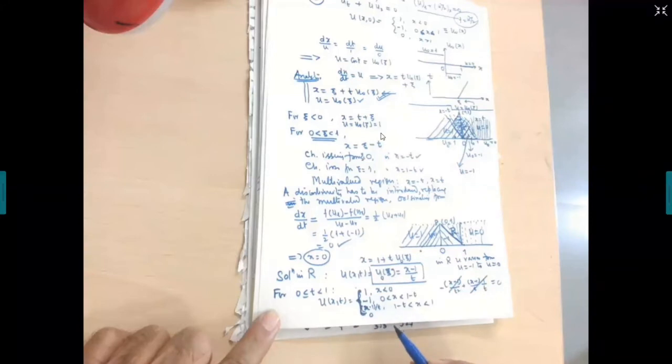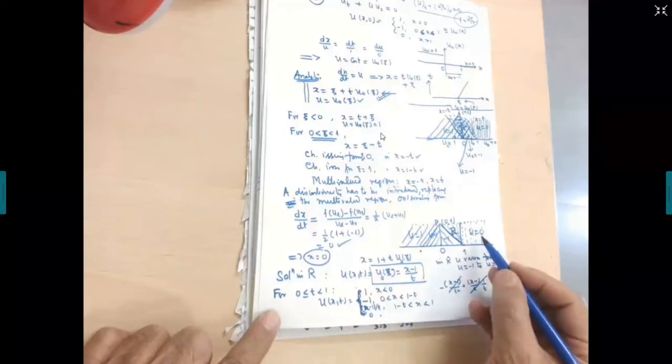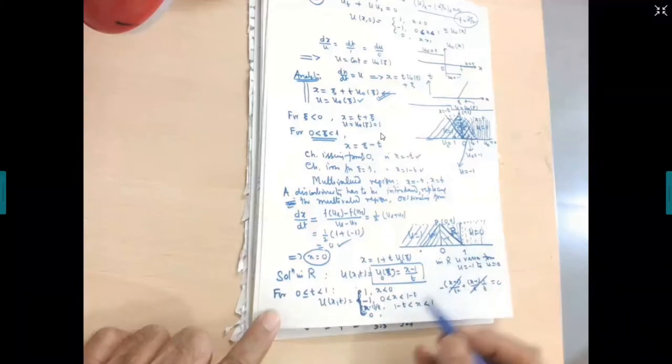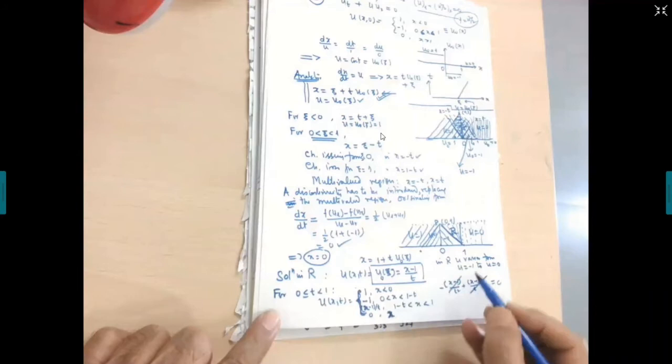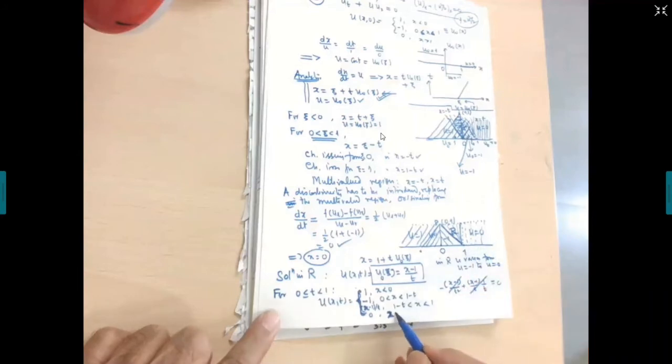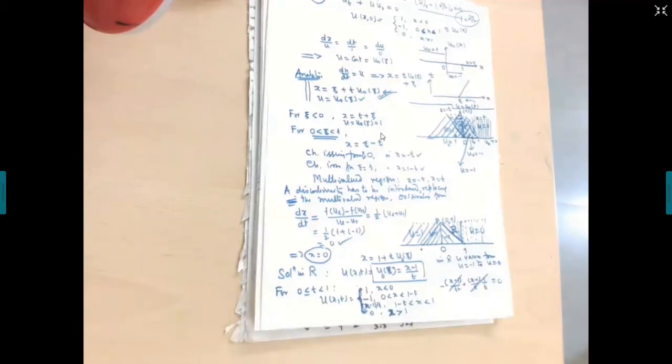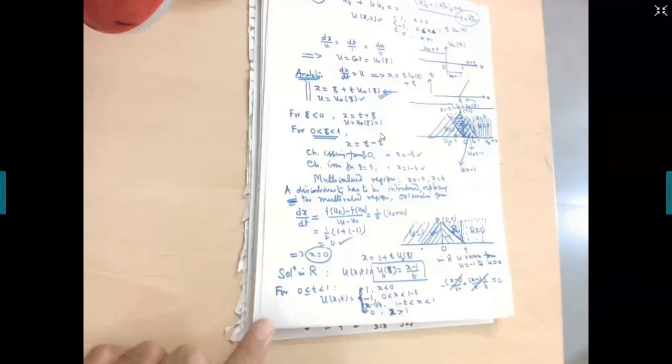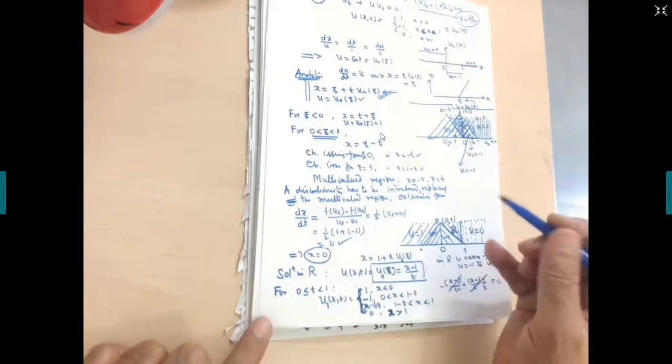It is a piecewise continuous, and in fact piecewise differentiable function. So u is equal to 0 for x greater than 1. This is the solution in this interval. Let me call it U1. U1 is the solution in this interval.